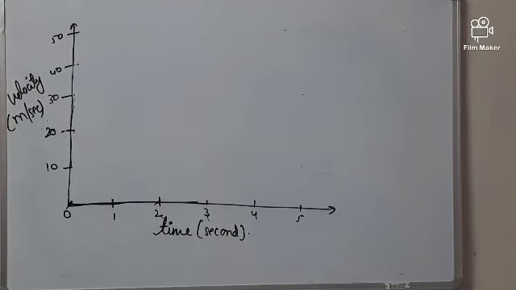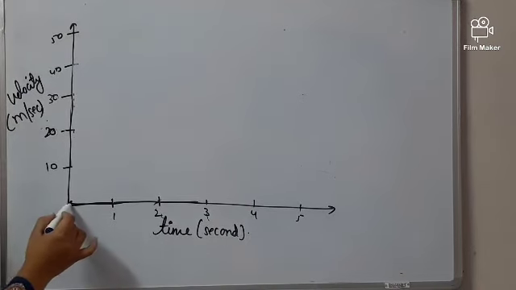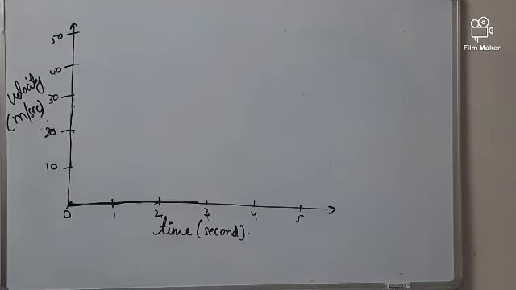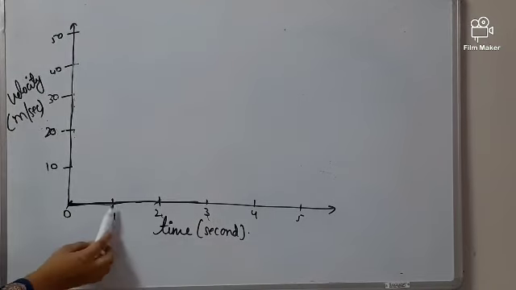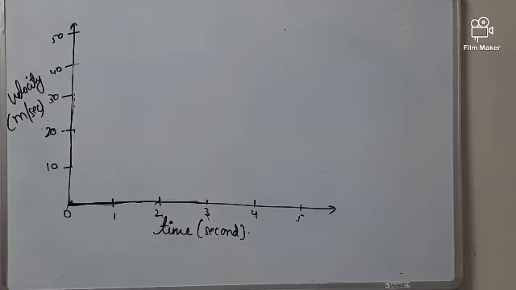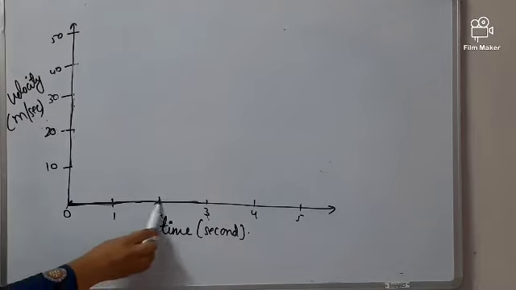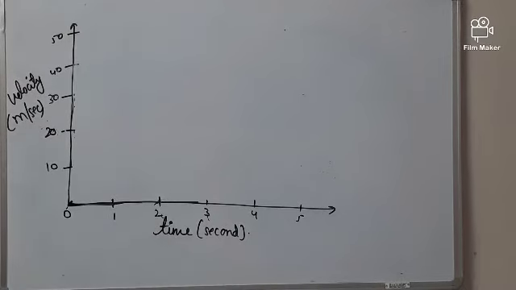Velocity, speed is not there. It's 0. So when you have a rest graph, it will be like this. At 0, nothing. At 1, the velocity is 0, meaning the car has not started. At 2 seconds the velocity is 0, meaning the car has not started. At 3 seconds the velocity is 0, so the line will be over here. Okay, that is understood. Now what we are going to do is the velocity time graph for constant velocity.